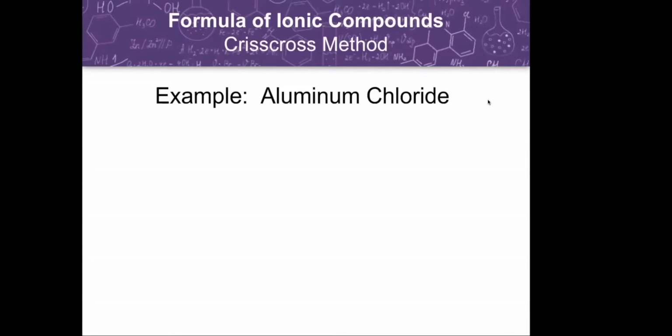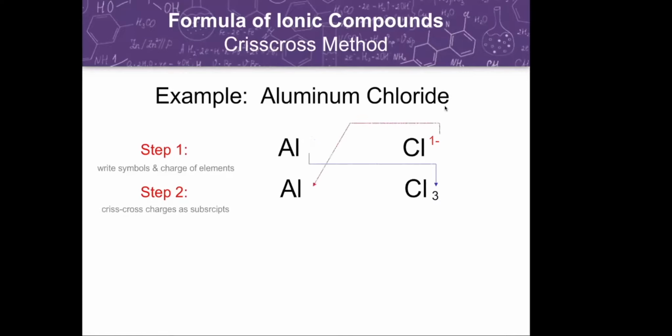Going back to our discussion earlier, there are 3 steps in writing the formula of ionic compounds. Step 1 is to write the symbols and the charges of the elements. We have discussed that aluminum has a 3 positive charge, and chlorine would be -1. The next step is to crisscross the charges of the elements and then write them as